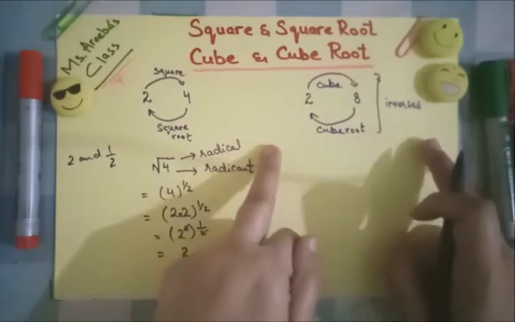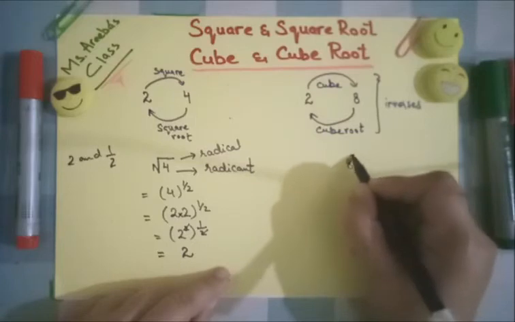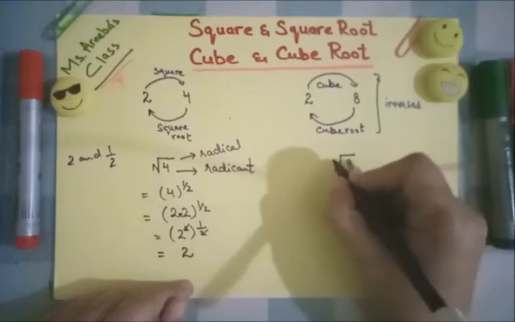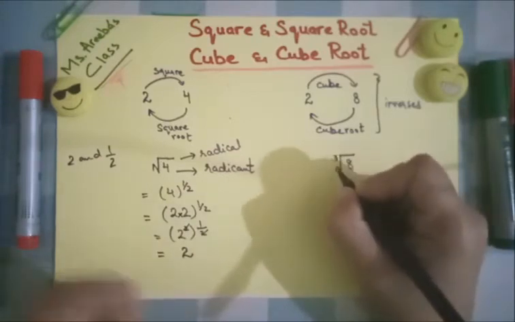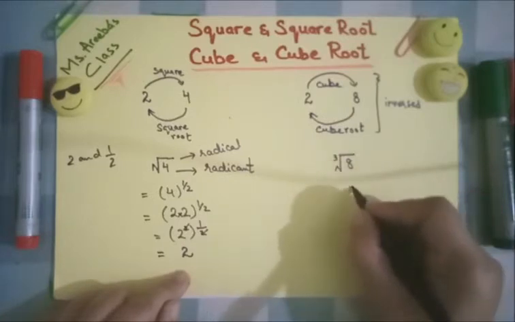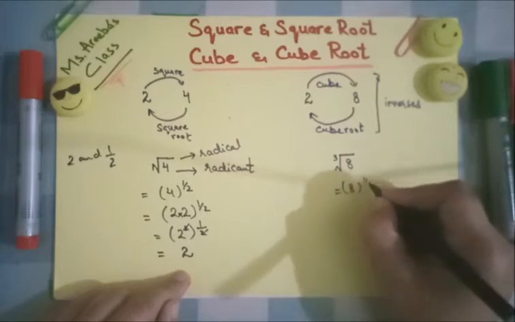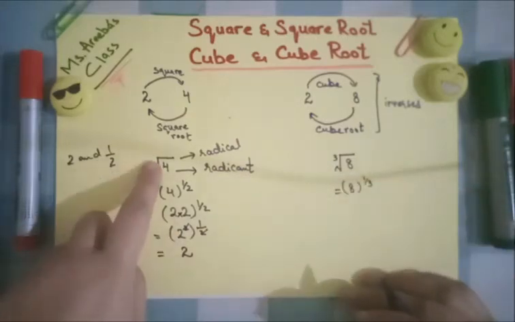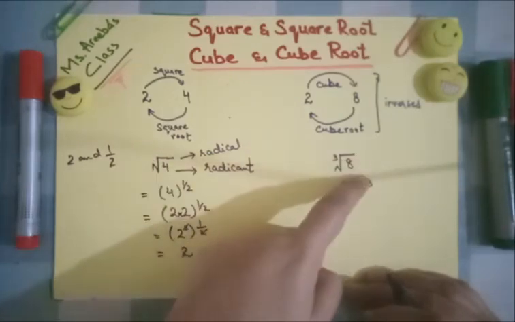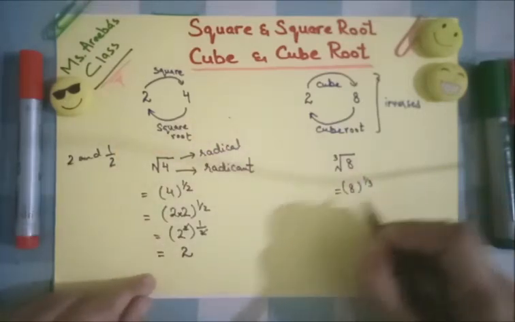In the same way, when we talk about the cube root, I am writing any number, 8, in the radical, and the cube root sign is a bit different from the square root radical. There is a 3 at the left corner of the radical. Now its value would change. I can write this as 8 raised to the power 1 by 3. If there is no value at the corner, it means it's 1 by 2, but if there is any value, you have to write 1 over that value, whether 3, 4, 5. So you have to write 1 over 3.